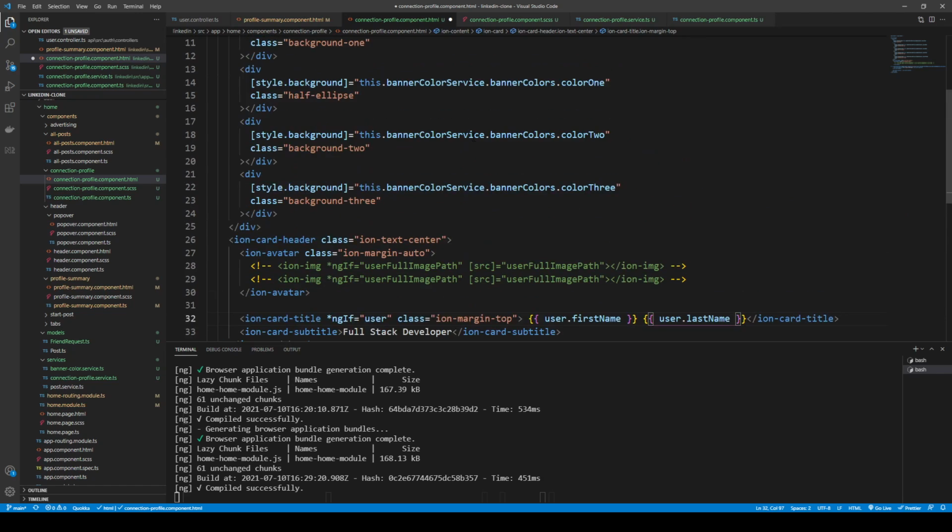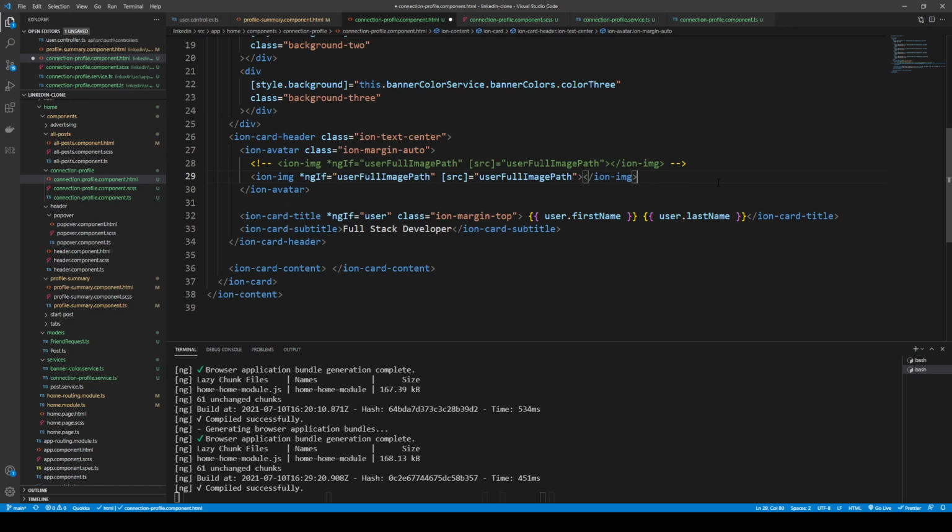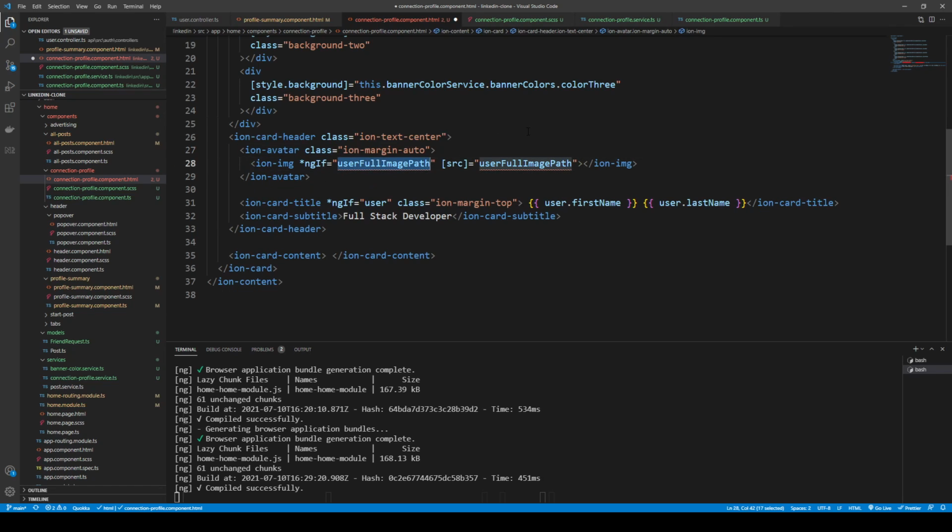So let's just go ahead and see if that's working for us. And also let's just get the image as well. We got the full image path here. So basically if we have the user, we can use the user dot full image path, and note that we're not getting the IntelliSense for that, and that's because it's looking for the user type here. But if we wrap that with the $any keyword, and you don't want to do this too often, but we